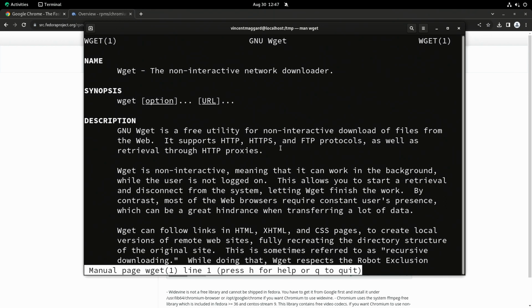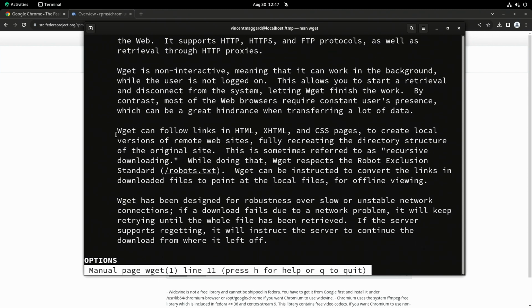It supports HTTP, HTTPS, and FTP, as well as retrieval through HTTP proxies. It talks about how it can literally follow links in HTML, XHTML, and CSS to download them, and it's really interesting that we can do that. It also talks about how it will respect the robots.txt file.